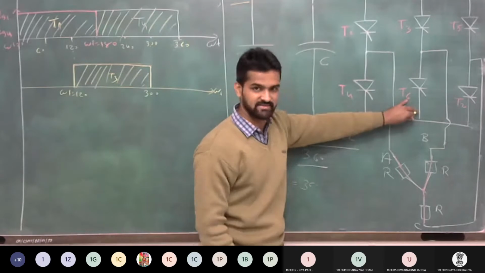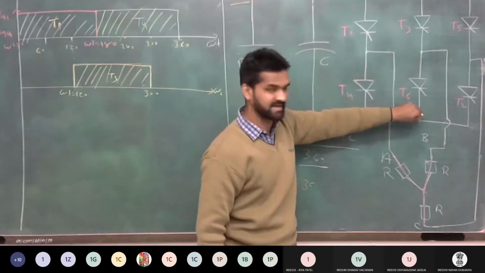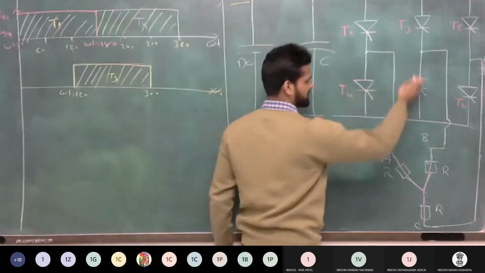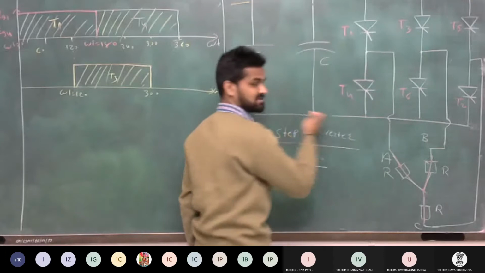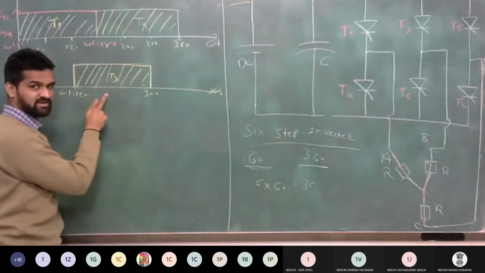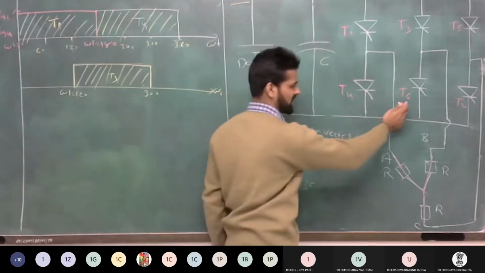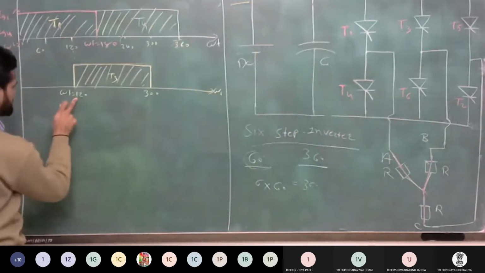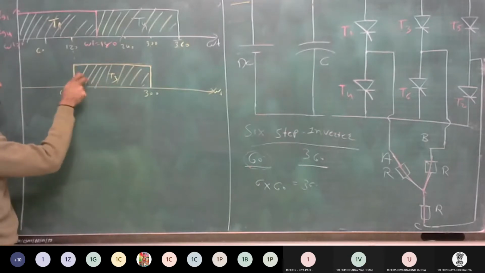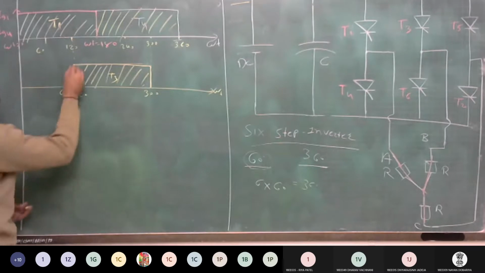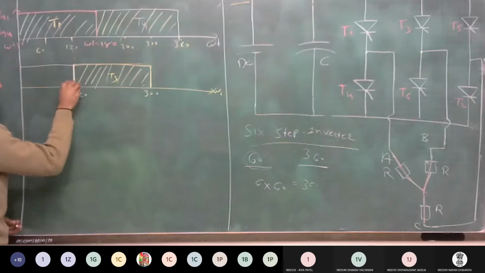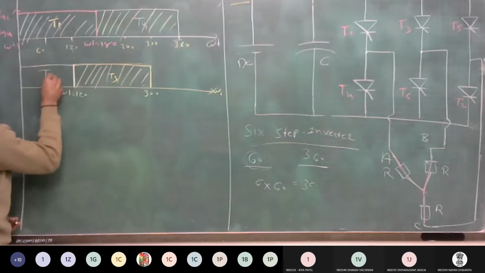Now the next thyristor T6 works the same way. Its gate pulse is complementary to T3, because if both are on at the same time, that short circuits your supply. Clear? So when T3 is in off condition, at that time you apply the gate pulse to thyristor T6. You can see that before omega t is equal to 120, your thyristor T3 is in off condition. So apply the gate pulse from omega t is equal to 0 in this cycle to omega t is equal to 120 degree to thyristor T6.